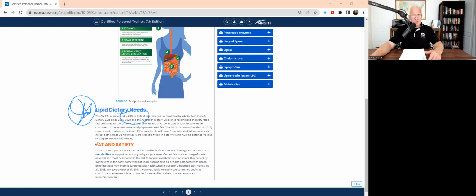So great information here about fat and satiety. Fat generally reduces your hunger. It's one of the reasons why it's an important component in your normal food intake. But again, that's not a bad piece of information to know when you're studying. You'd literally write it down,